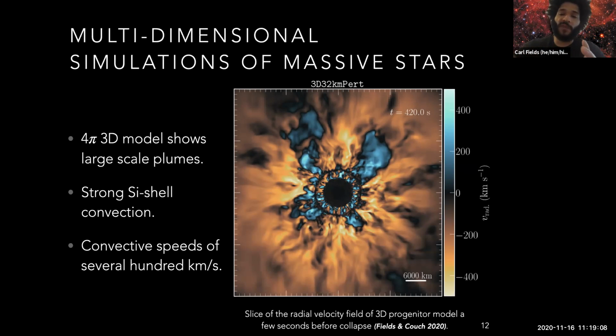We're actually not showing the full extent of the oxygen shell in this, but these are all very large speeds, similar to what Sean Couch found in 2015. So very, very similar conditions. And it's a bit similar, but weaker convection, to what Bernard's group found in their 18 solar mass model.